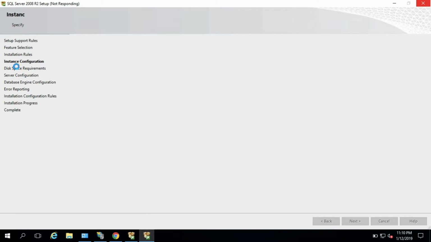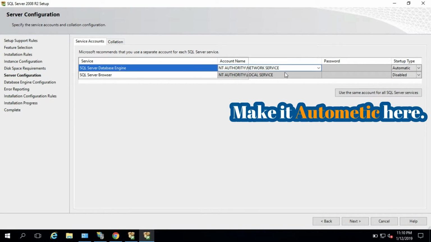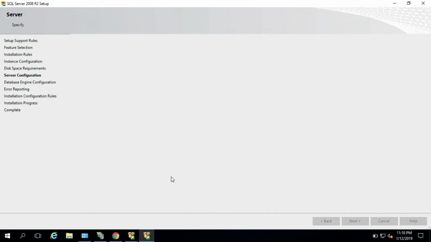Now it's at instance configuration. After that it will check the disk space requirement. Here in the SQL Server browser it's already disabled, so we need to make it automatic and then click next. Now it will check the server configuration,